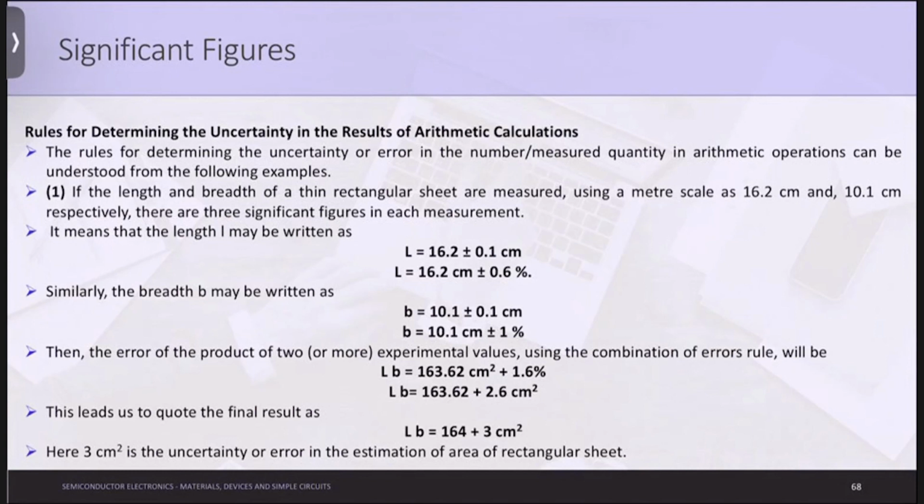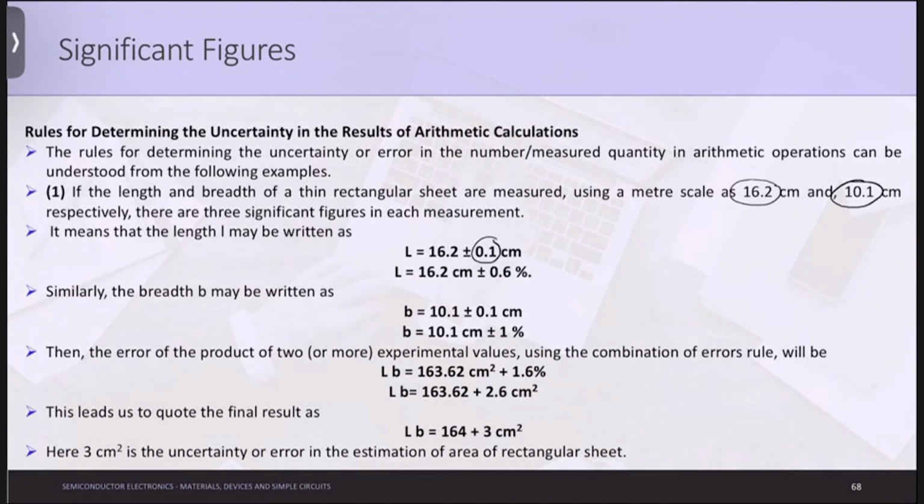Okay, so let's look at the example once. The length and the breadth of a thin rectangular sheet are measured using a meter scale as 16.2 centimeter and 10.1 centimeter respectively. There are 3 significant figures in each measurement. Quite evident, as you can see, it is having 3 significant figures and this is also having 3 significant figures. It means that the length L may be written as,